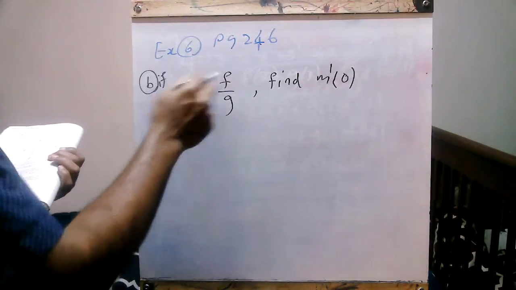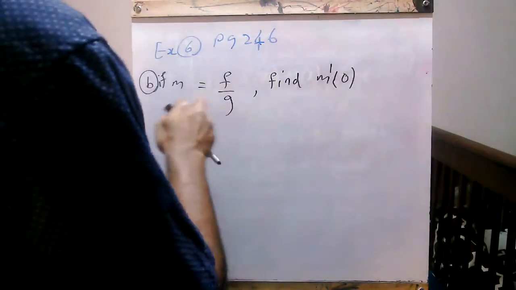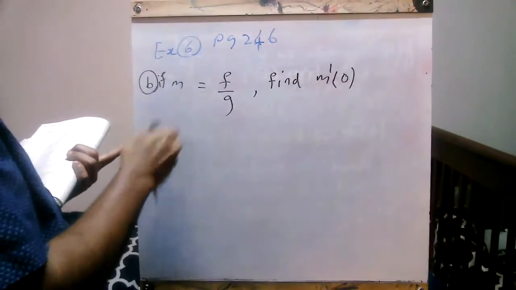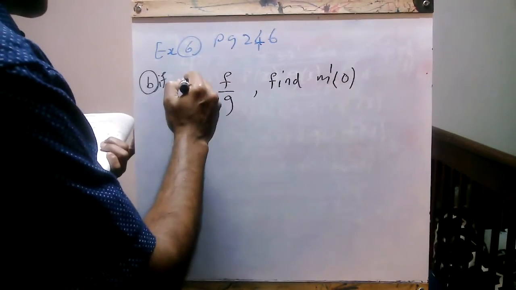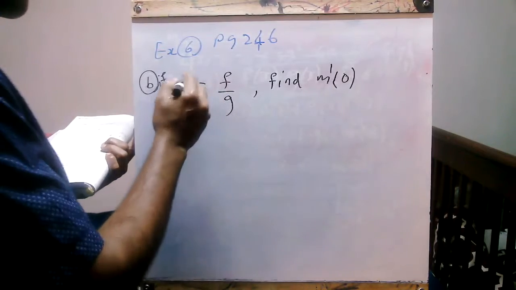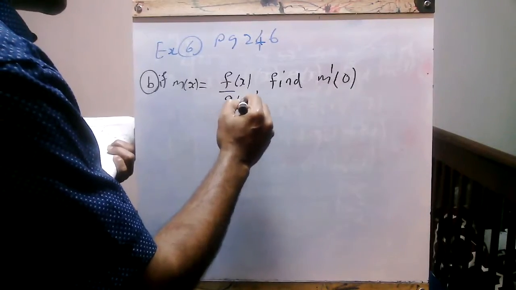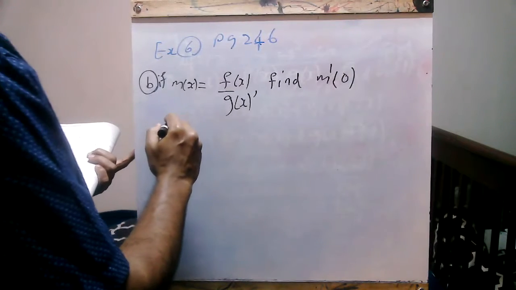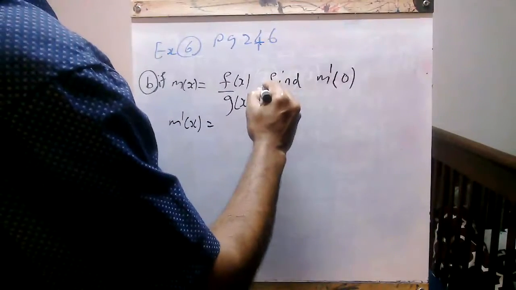So now this is a quotient, and we want m dash 0. In order to find m dash 0, first we have to find m dash x. So okay, maybe some of you are new to this, I write x here, and x here. That means all these are functions of x. So m dash x